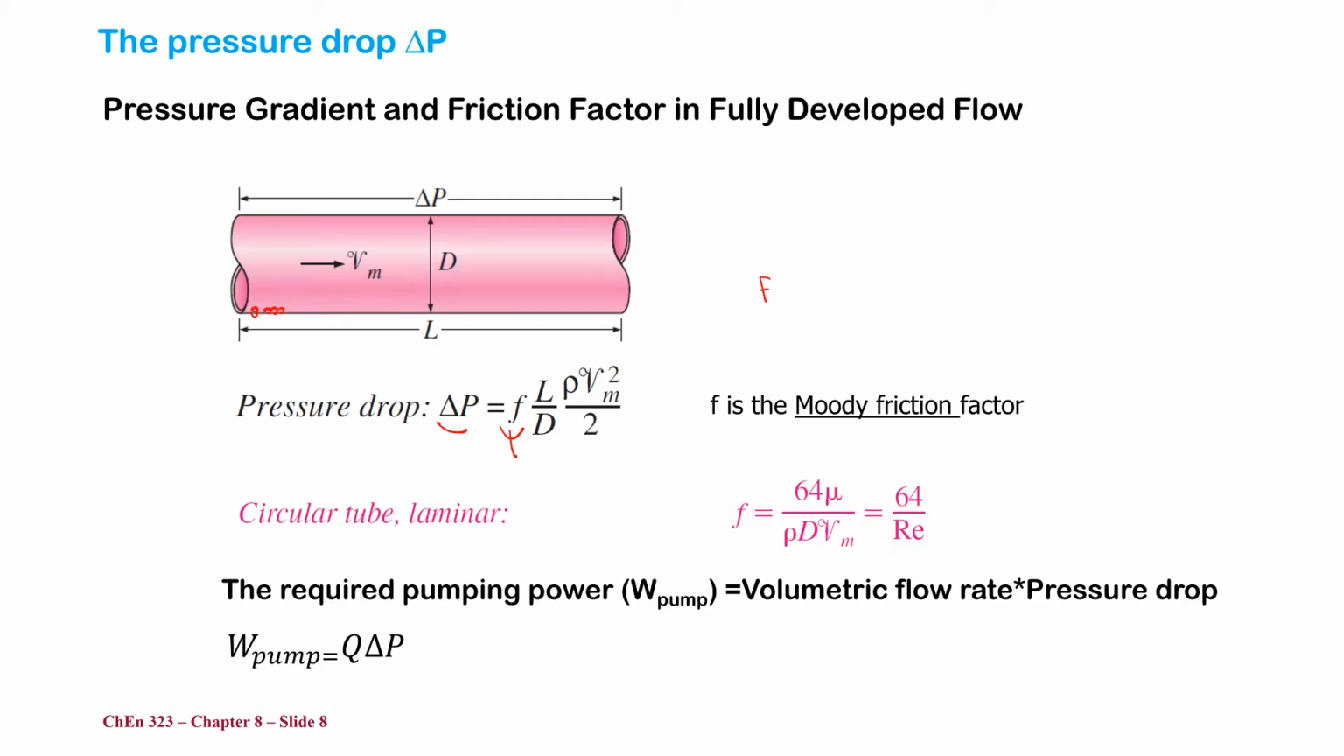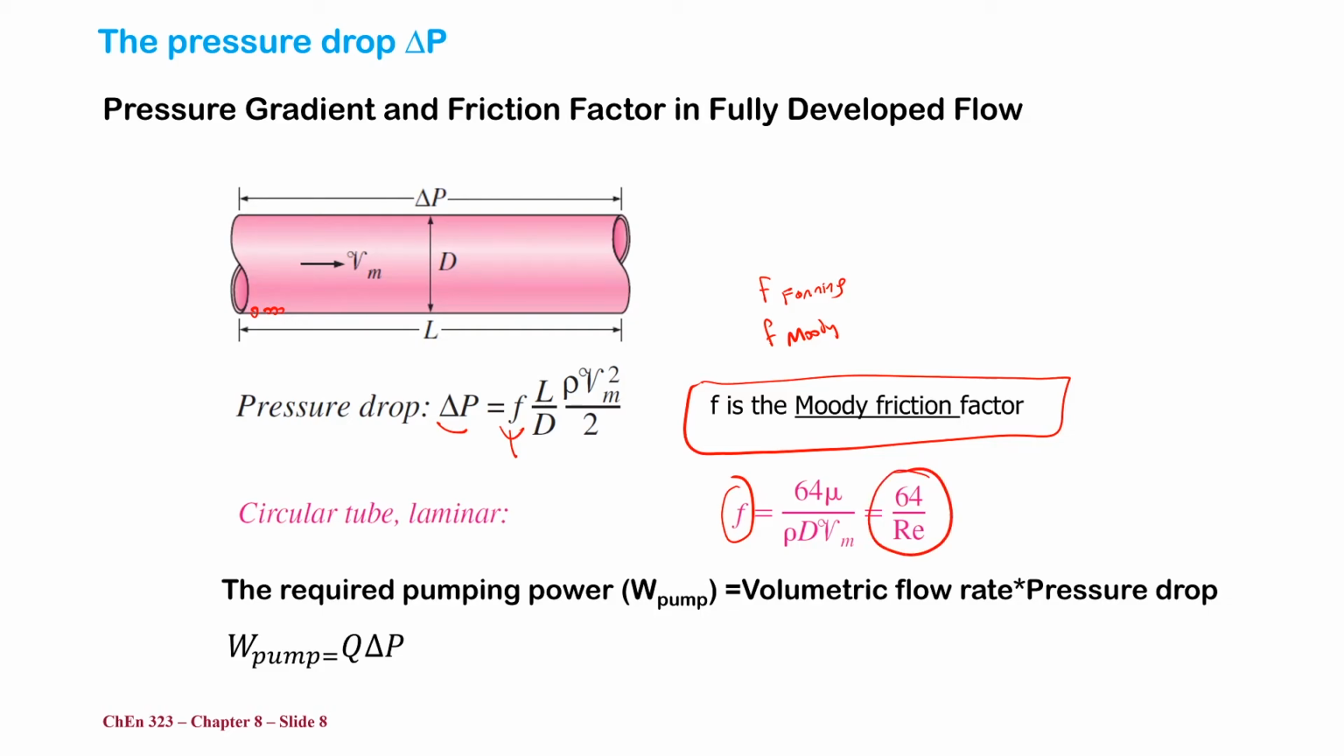In chemical engineering, we mostly use the Fanning friction factor, but sometimes we also use the Moody friction factor. The difference between them is only a factor of 4, okay? So here I'm giving everything in terms of the Moody friction factor. If you want to calculate the Moody friction factor for a laminar flow, it is 64